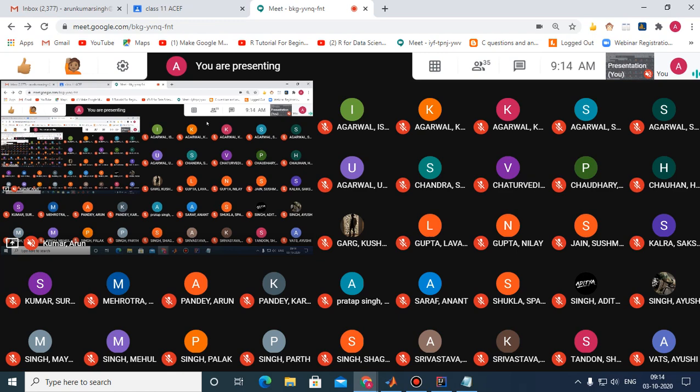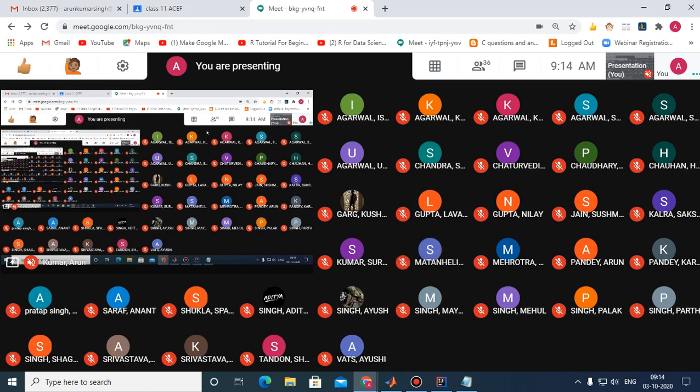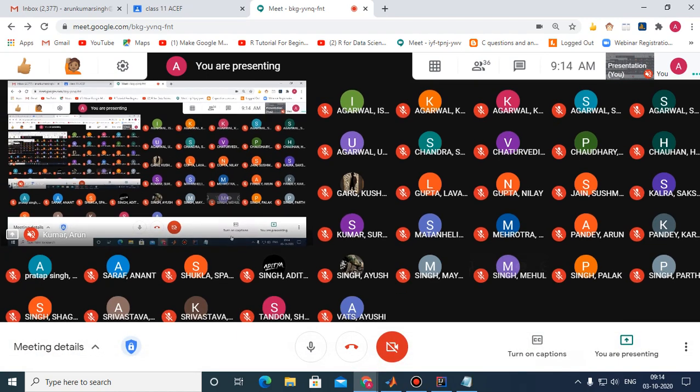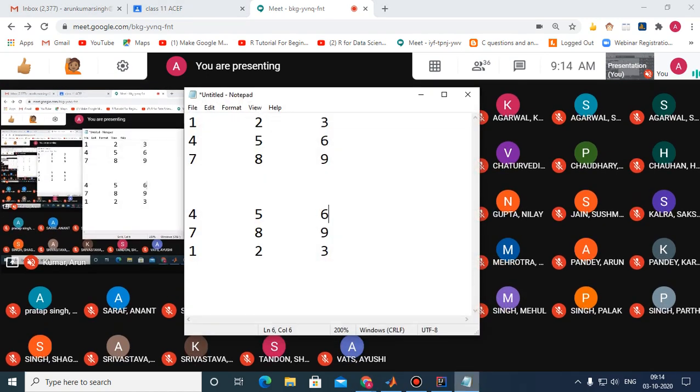When you want to shift rows, you need to traverse the matrix column wise. I'm telling you that you have to traverse the matrix like this, moving from top to bottom.